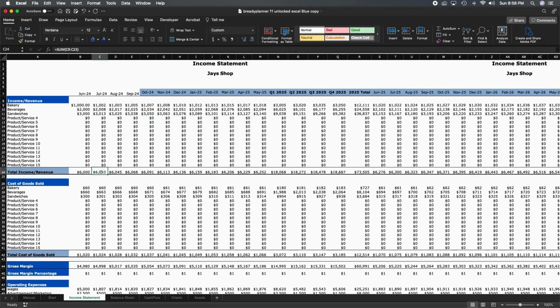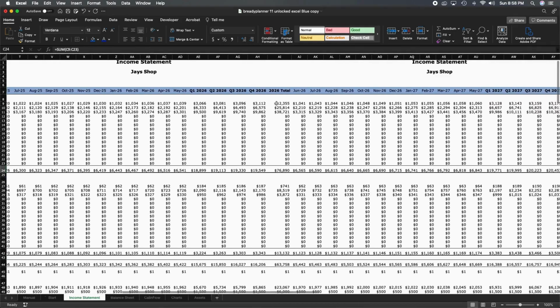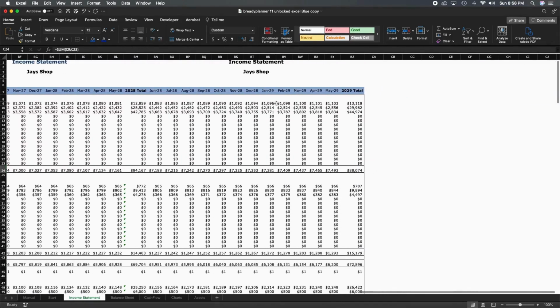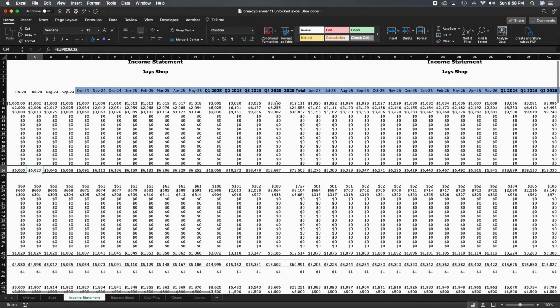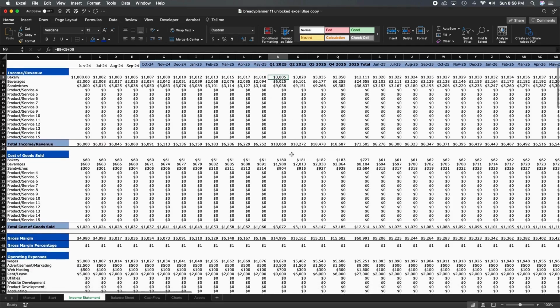You'll see the total for that revenue on a monthly basis. You'll see it summarized on a quarterly basis. It does that for the first 3 years, actually for the first 4 years. I'm sorry, for this one, for the entire 5 years. It does it for the income statement. On some of the other ones, it summarizes after the first few years. But it gives you a month by month and then a quarterly breakdown, a quarterly total, I should say, of each revenue source,